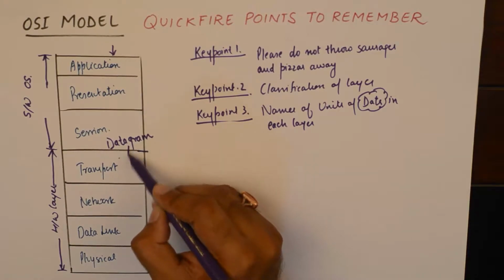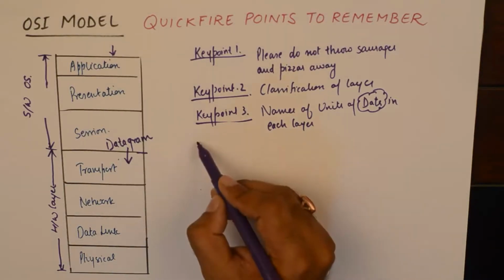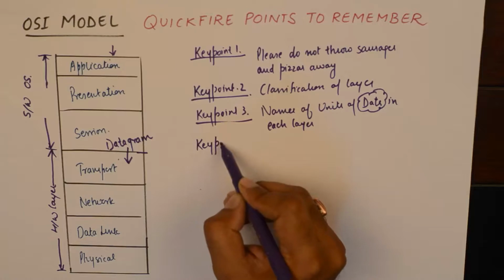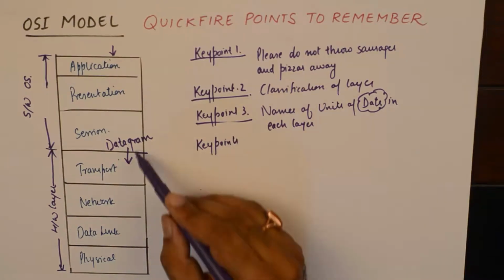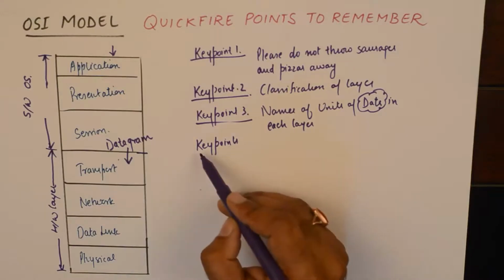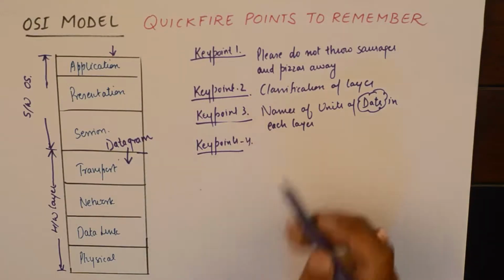This datagram goes to the transport layer, and what all additional headers and footers are applied to this data in the transport layer constitutes our key point number 4,